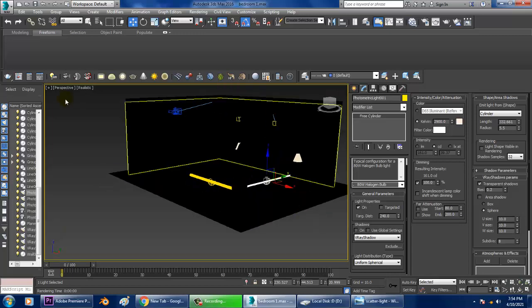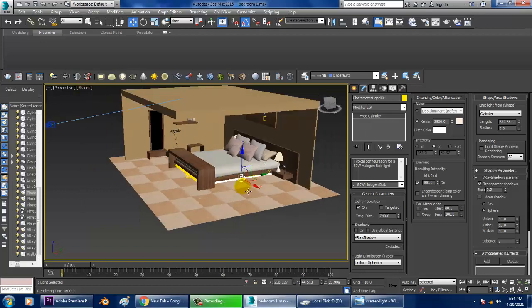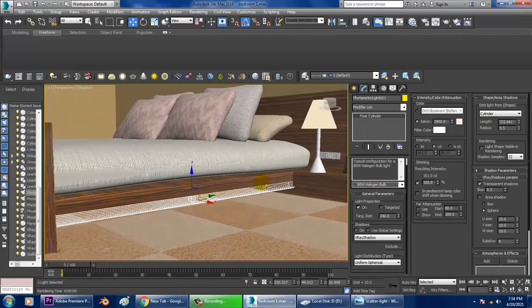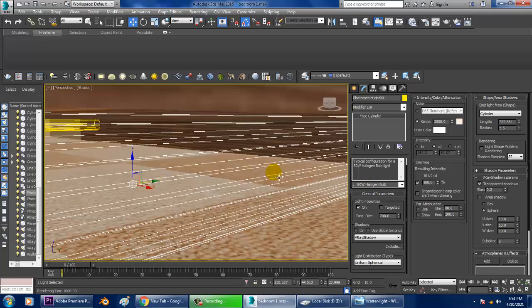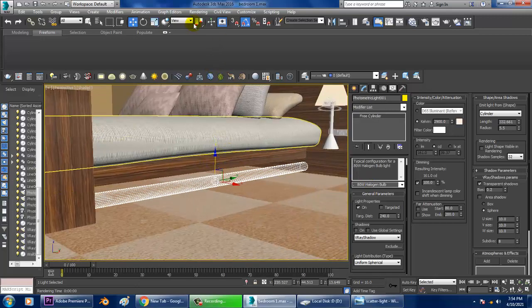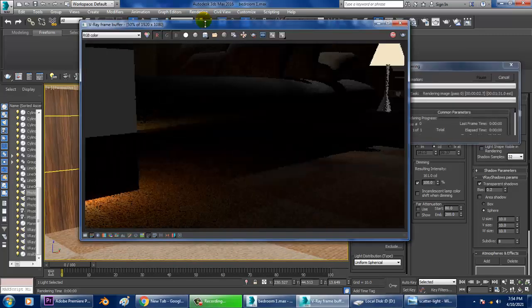So intensity of light can also be definitely variated over here. So variations can be done with the intensities over here. So let's check how it looks like first. So we'll slightly shuffle this down. Let's render this part.